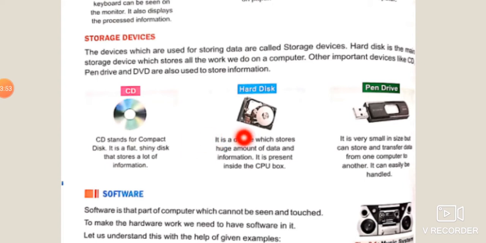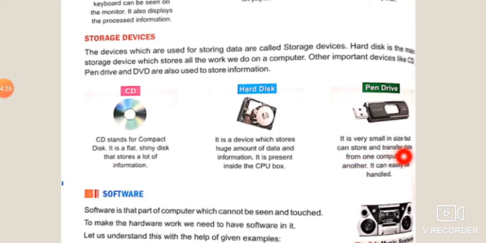So CD is done, hard disk is done. Now come to pen drive. Like a CD, a pen drive is also a portable storage device in which you can save your information and take it anywhere else, but it looks different. The CD is optical media, and the pen drive is a plug and play device. You just need to plug the pen drive into the USB port of your system and you can save your data in it.